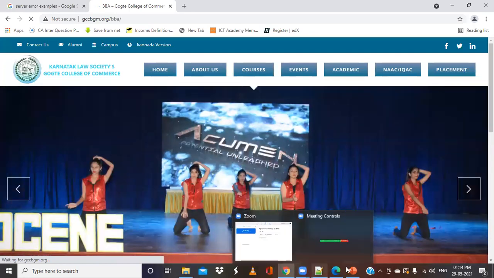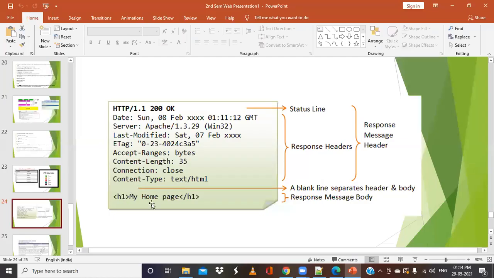The response body will include whatever is there on that page. There can be an image, an audio clip, or a simple paragraph. Whatever is there on that page, we will get it as a response body, or a response message from the web server to the browser, and we can check this information on the browser.